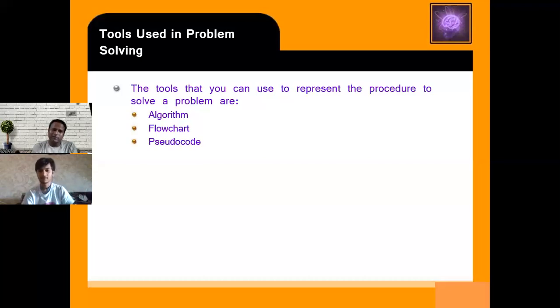Okay, so from that map you have to understand where is my kitchen room, where is my bedroom, what is the size you have to give, and where you have to give a pillar. Algorithm, flowchart, and pseudocode are just like it. When you are developing software, first of all you have to create that map. That map you have to create by using three following techniques: algorithm, flowchart, and next is pseudocode. Okay.